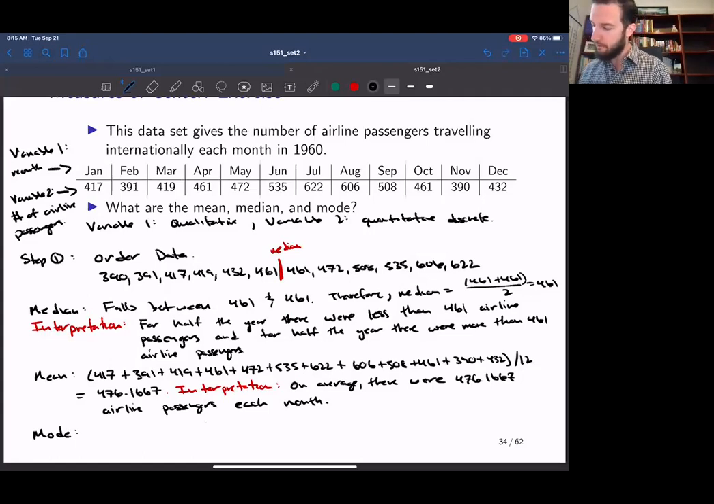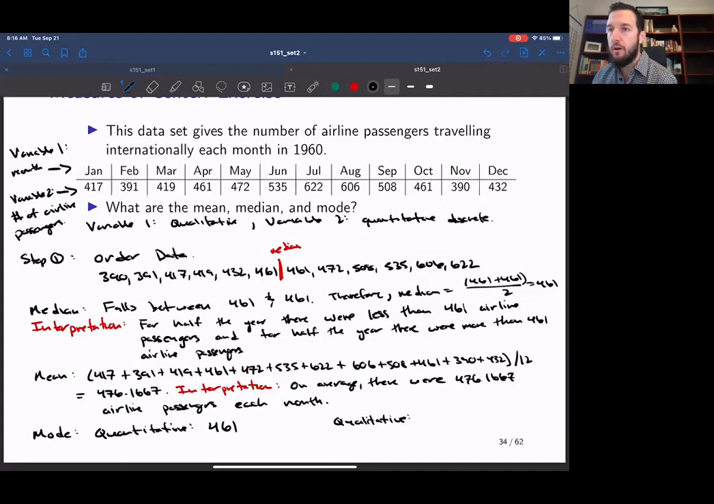Okay, so the last value is the mode. So we're going to have a quantitative mode, and we're going to have a qualitative mode. For the number of airline passengers, the quantitative variable, the mode is going to be the number that occurs the most. We can see from the ordered data set that the modal number is 461. So for the quantitative data, the mode is 461, which is just saying that